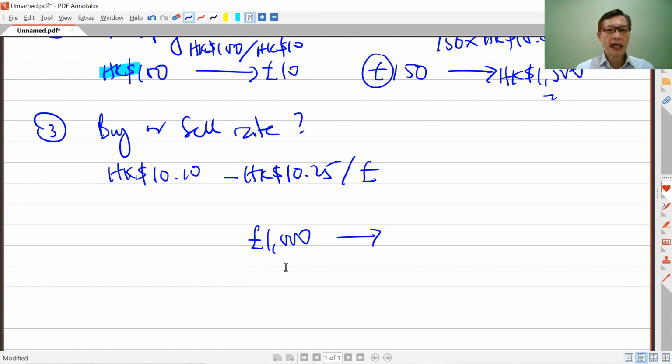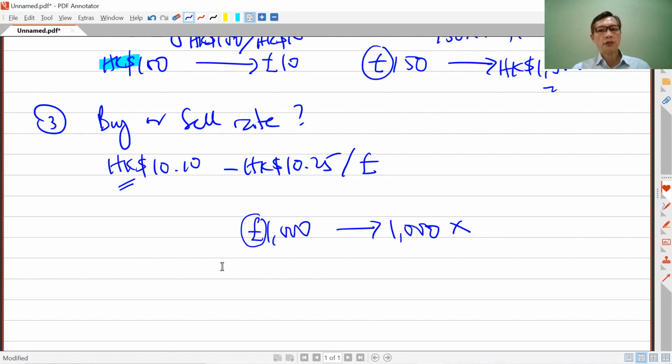So we now want to apply rule number 2, and also rule number 1. So this is a pound here, and the reference currency is Hong Kong dollar. We know that for a different currency we will have to multiply. So you take the 1,000, then you multiply by the rate. Of course, if you go to the bank to exchange 1,000 pounds, they are going to give you less Hong Kong dollar rather than more, because the bank is there to make profit. So they are going to multiply by this rate here,